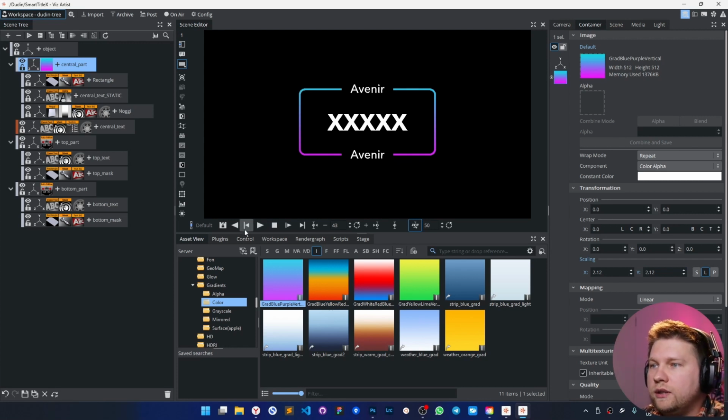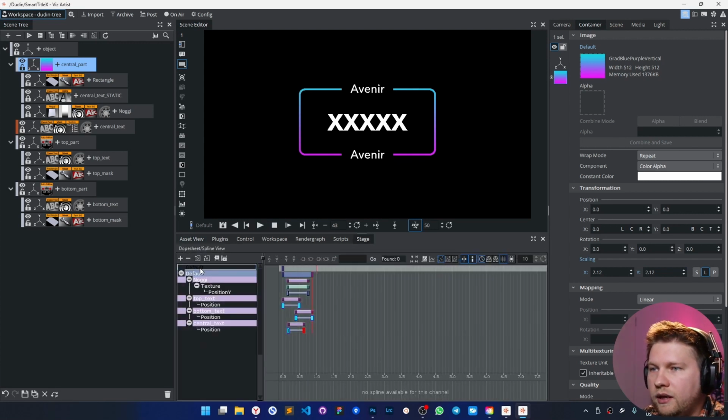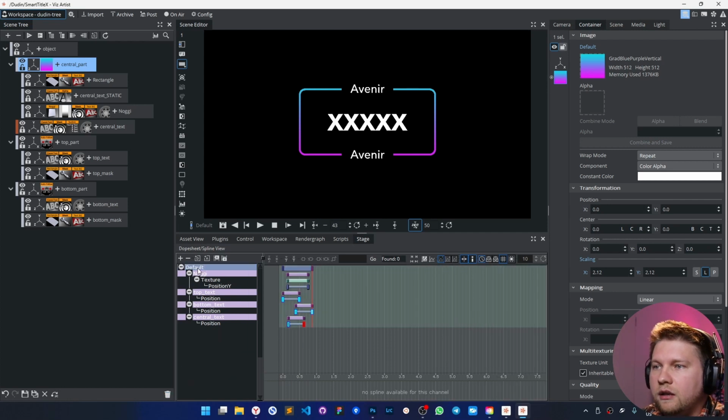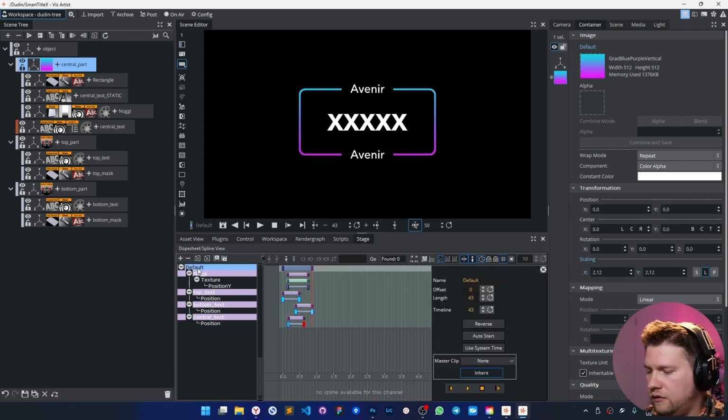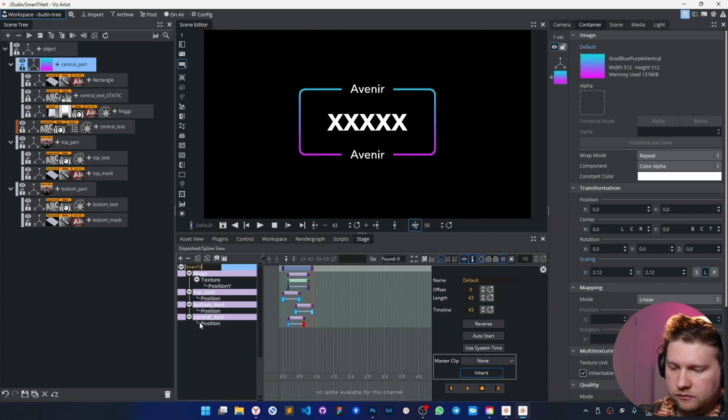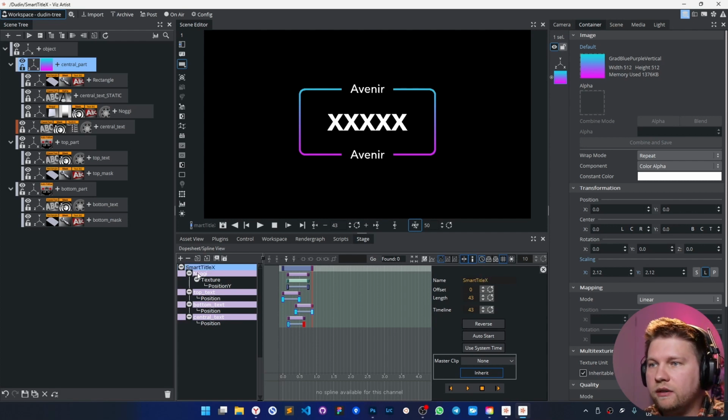And the last thing I have to do, before we make a universal template geometry for that, let's delete this. I need to rename this default director. It will be like smart title X. Why I renamed it? Because this specific name will be used when you drop your geometry to your scene. So let's check this out.